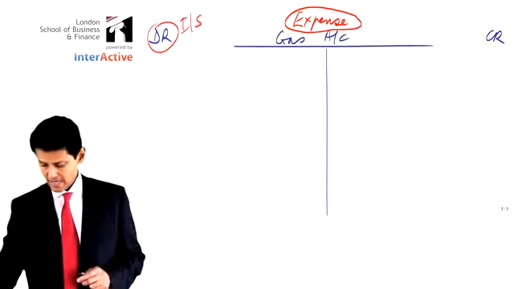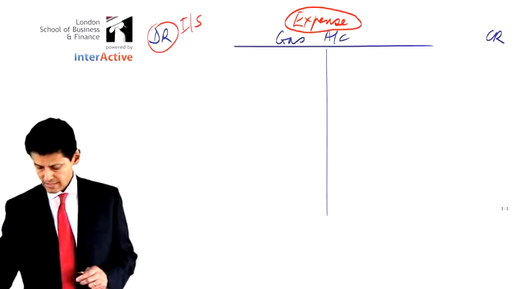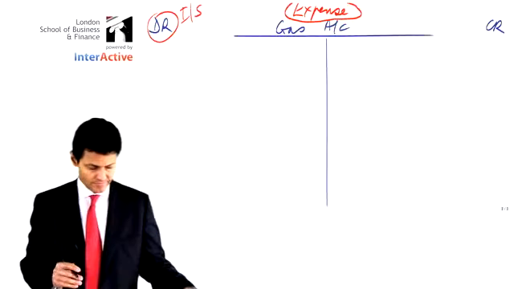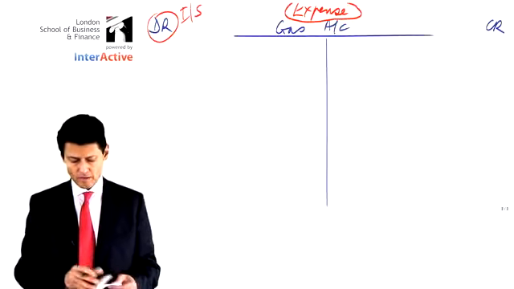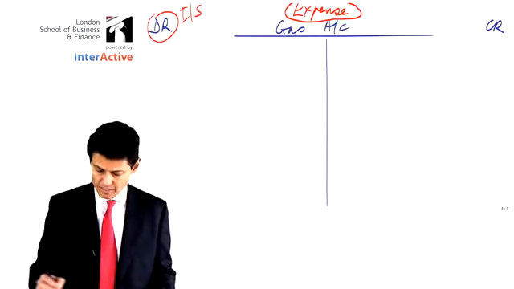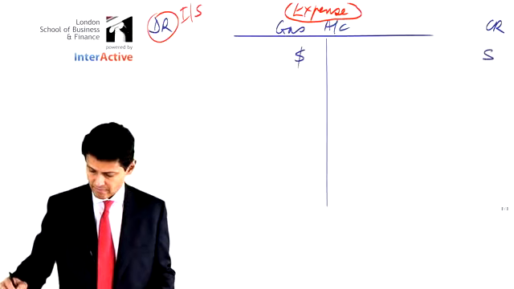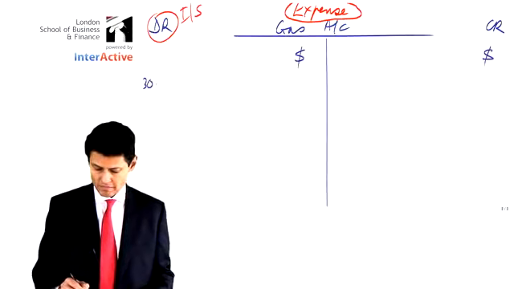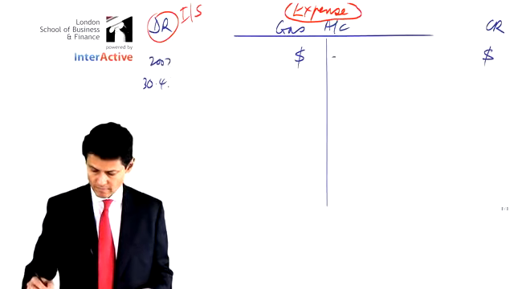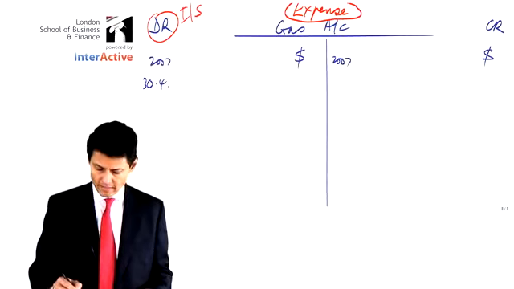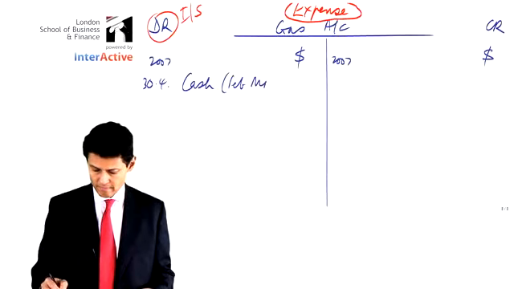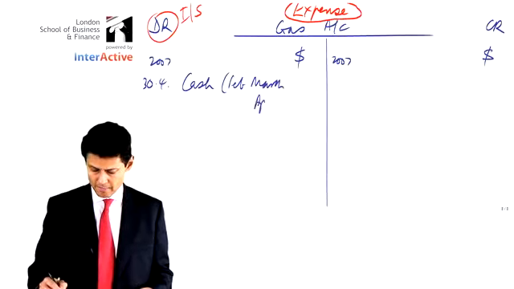Now what has happened here is there's a payment on the 30th of April 2007. So let's do our dollar signs and all that kind of thing. On the 30th of April 2007, cash for the months of February, March and April,